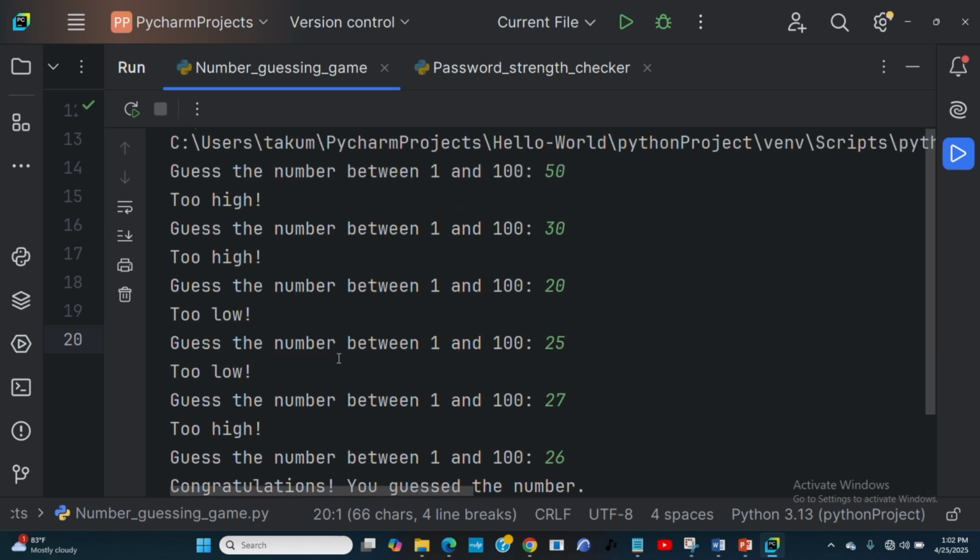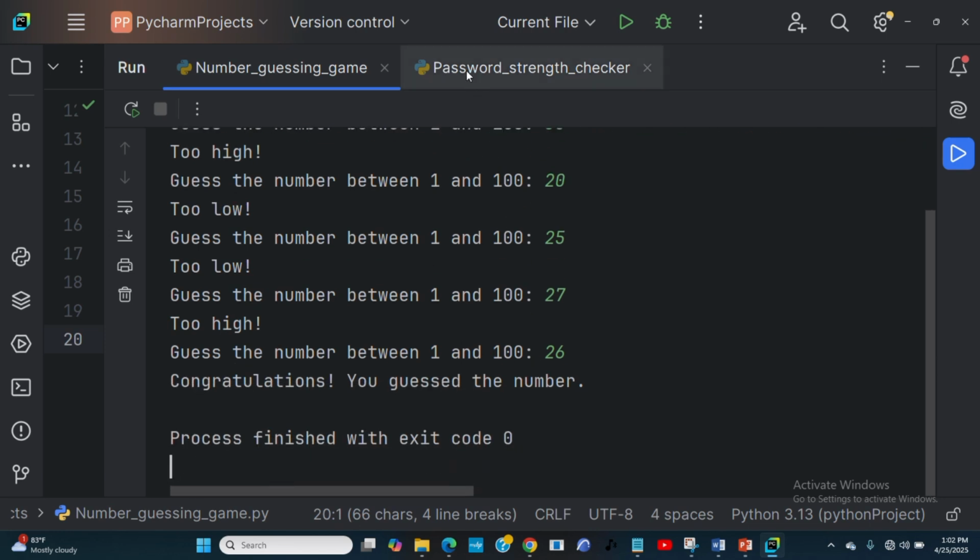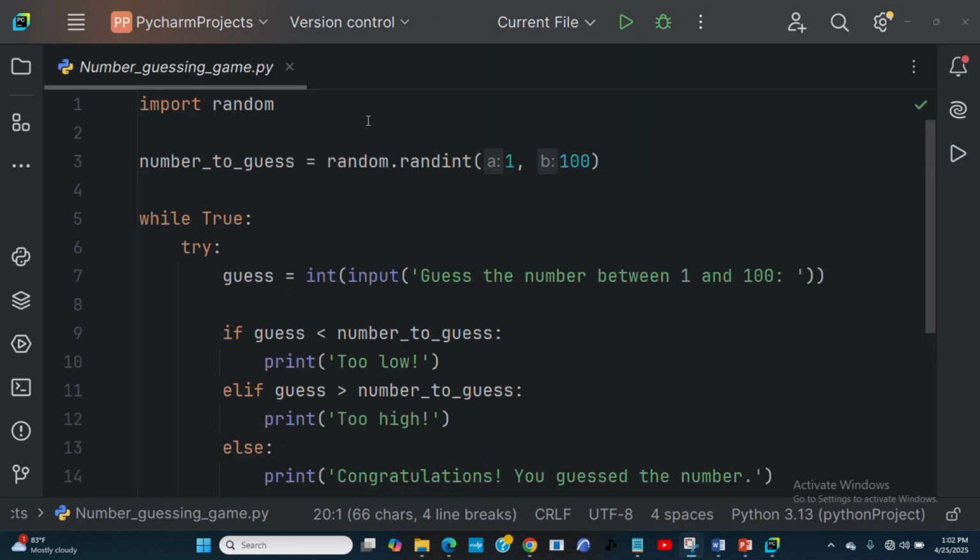So this is the outcome of this program, how it should look. And you see, it gives the users room to play as much as possible. So let's head over to see how we can put the code together to get this desired output. Let's go.